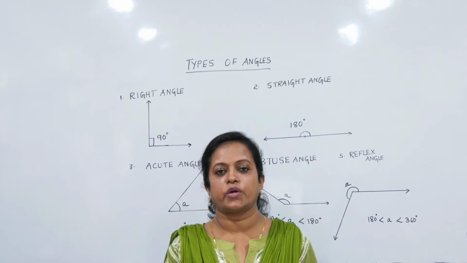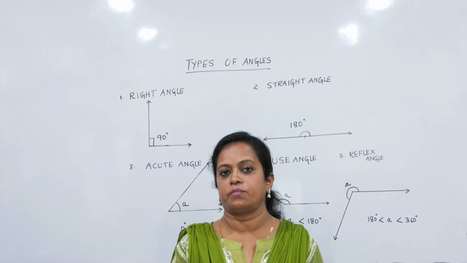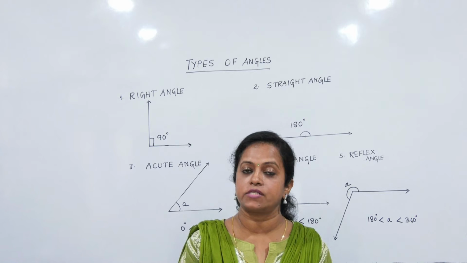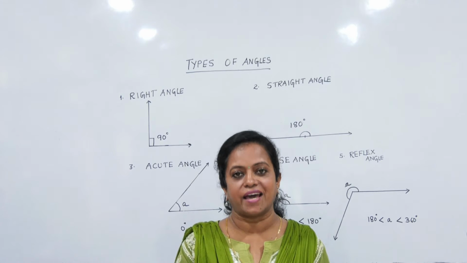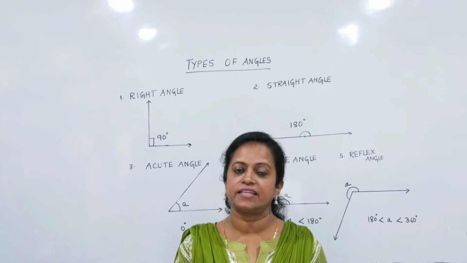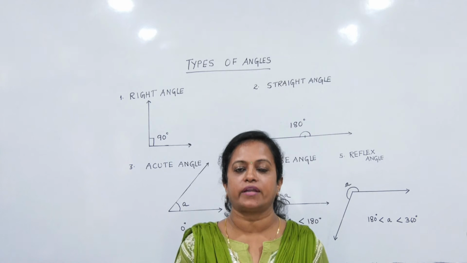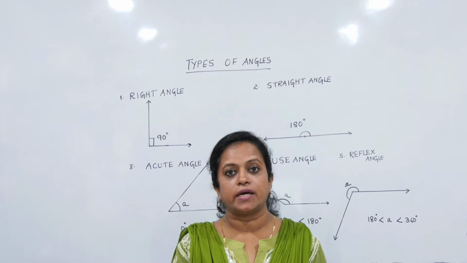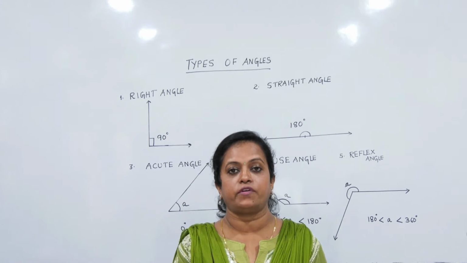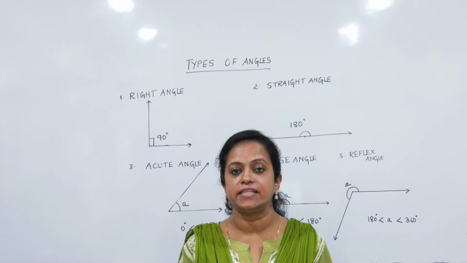So students, now you have learned about 5 different types of angles. I told you that I will teach you how to compare the angles with respect to right angle and straight angle. For that we need a method or any particular tool. So that tool you are going to make by yourself. We are going to make a right angle tester.